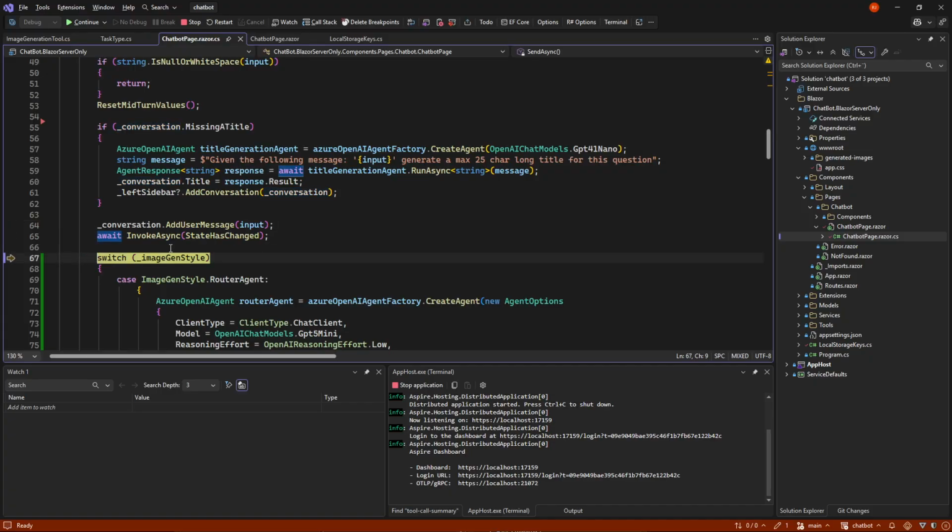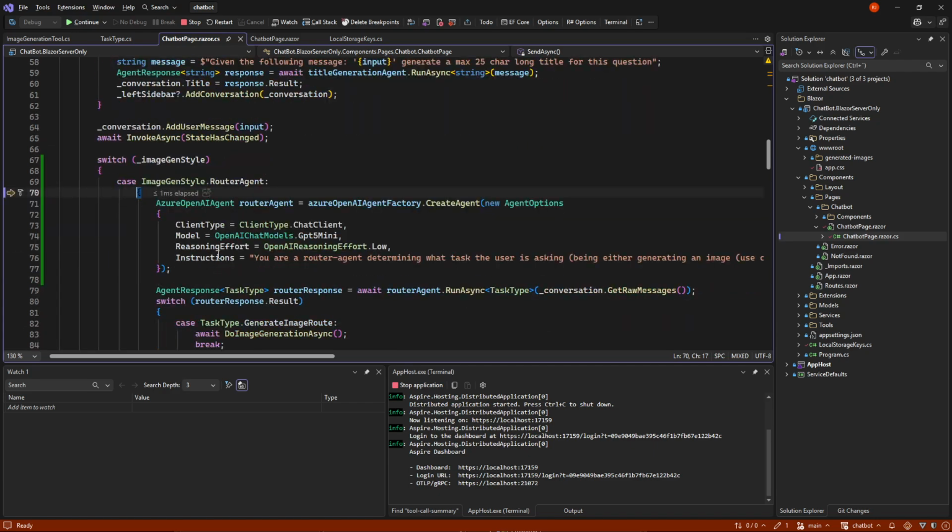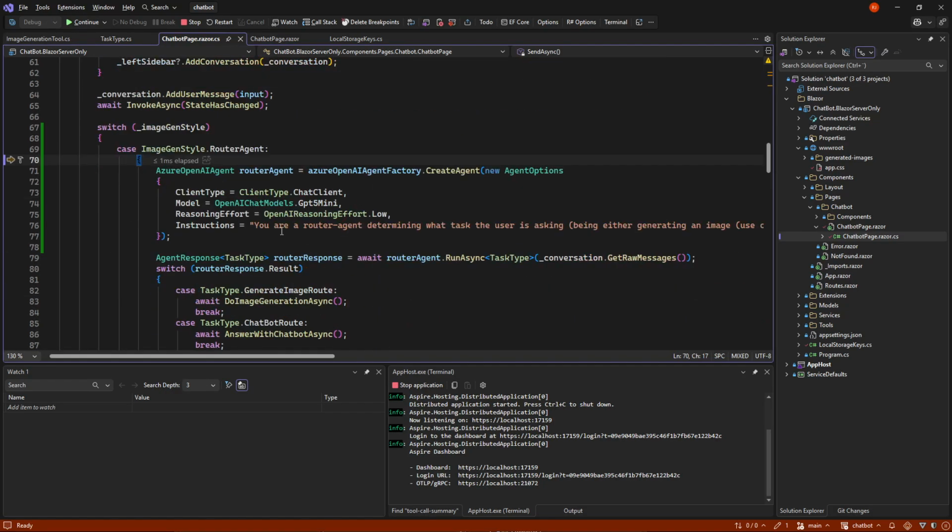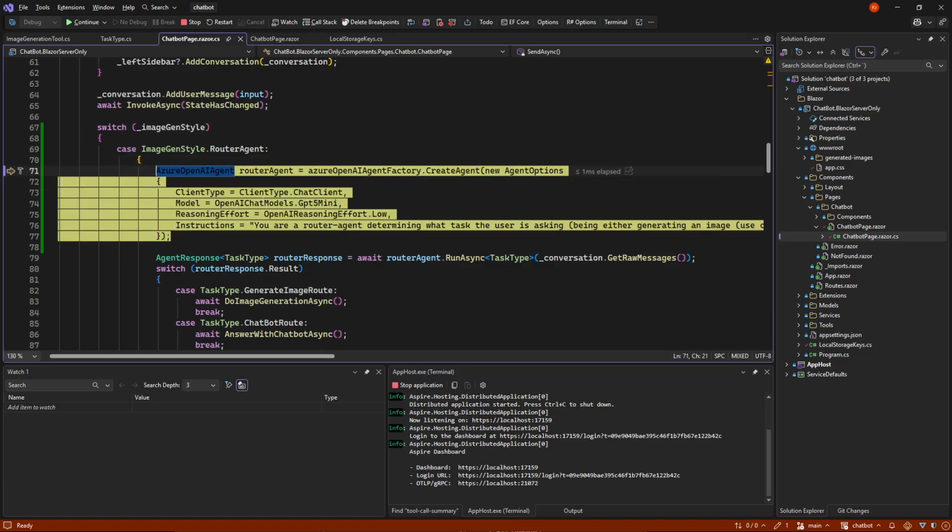And we put the message into the GUI so we can see it. And then I'm taking the image gen style here, and right now we are hitting the router agent. So we are essentially making one more agent, one for title, one for agent, and one for chatbot. But here we are just making a small GPT-5 mini and asking it should determine if we are in image mode or if we are in chatbot mode, meaning if we say hi, we should be in chatbot mode. If we have an image, generate image of something, we should be in image generation mode.